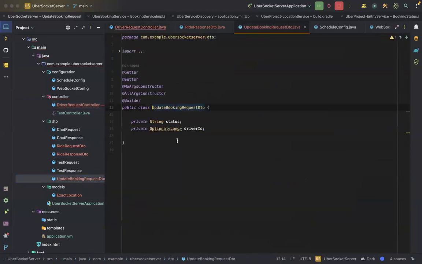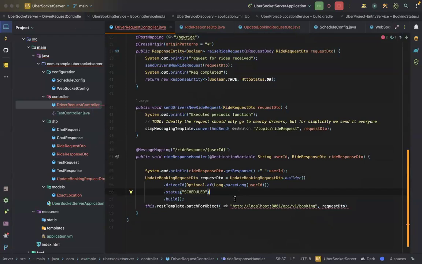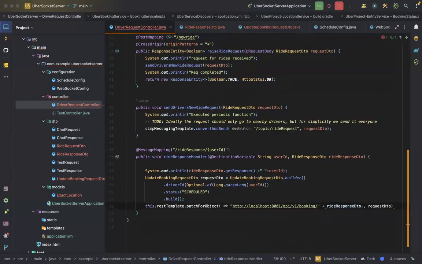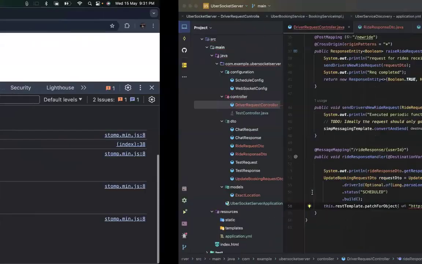And this update booking response DTO. So now, first of all, the URL that we have to hit is going to be slash booking slash writeResponseDTO.bookingId. Also, let's send the booking ID from here. So from the front end also we'll send the booking ID. And